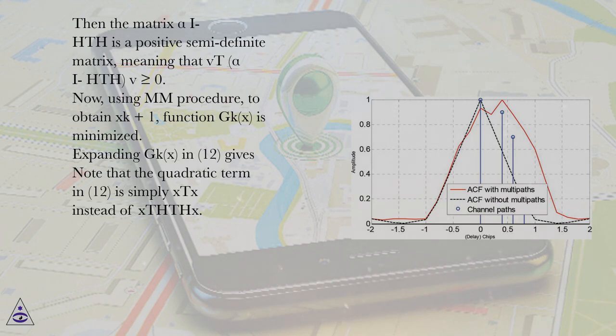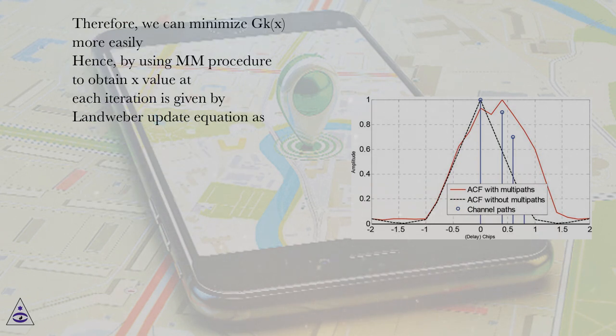Expanding g_k(x) in (12) gives... Note that the quadratic term in (12) is simply x^T x instead of x^T H^T H x. Therefore, we can minimize g_k(x) more easily. Hence, by using the MM procedure, the x value at each iteration is given by the Landweber update equation as